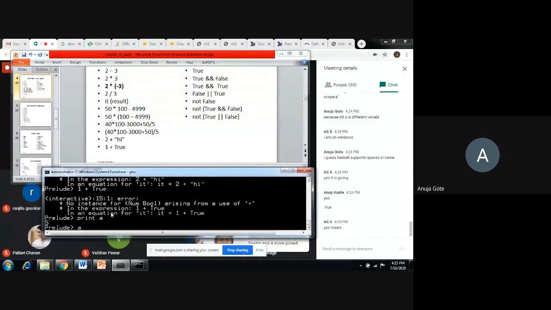Ma'am, you could also try int space A with a value, then ask the value of int space A, or perform multiplication. That is what I just tried, and it is giving proper values. Okay, fine, no problem. If you're getting it correct, no problem. But a variable with a space is not accepted.